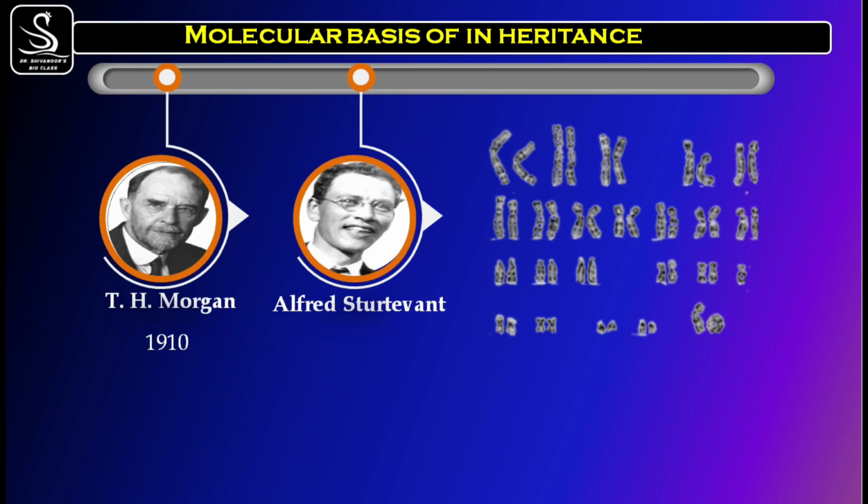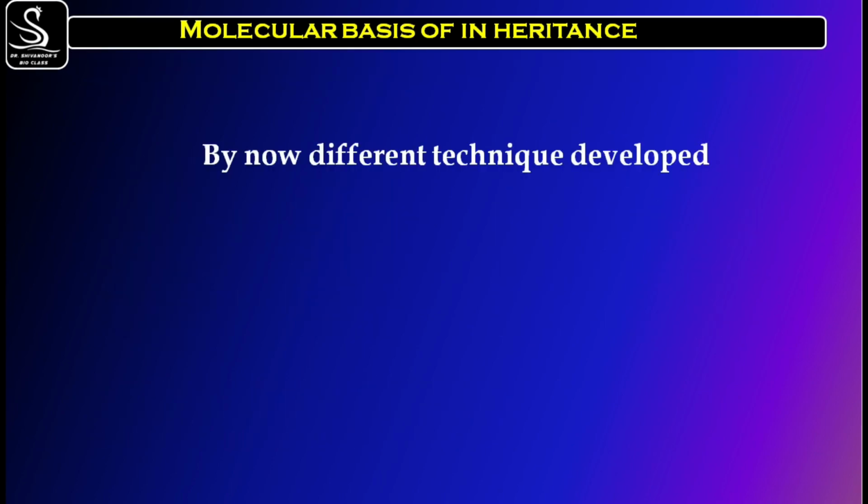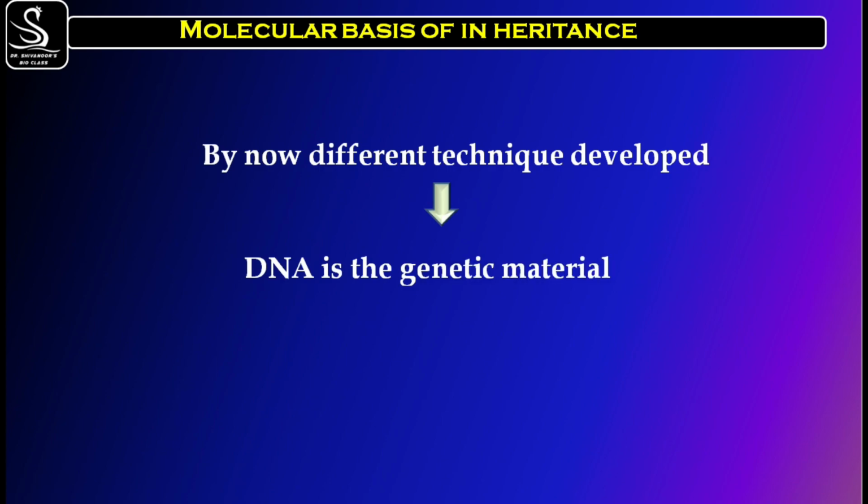It is completely based on the percentage of recombinants. My dear NEET aspirants, you should know that he did the chromosomal mapping by using the percentage of recombinants. By using the frequency of recombinants, he measured the distance between the genes and mapped their position on the chromosomes. Dear students, later on, many new different techniques were developed, and with the help of all these techniques, they came to know that DNA is the genetic material,